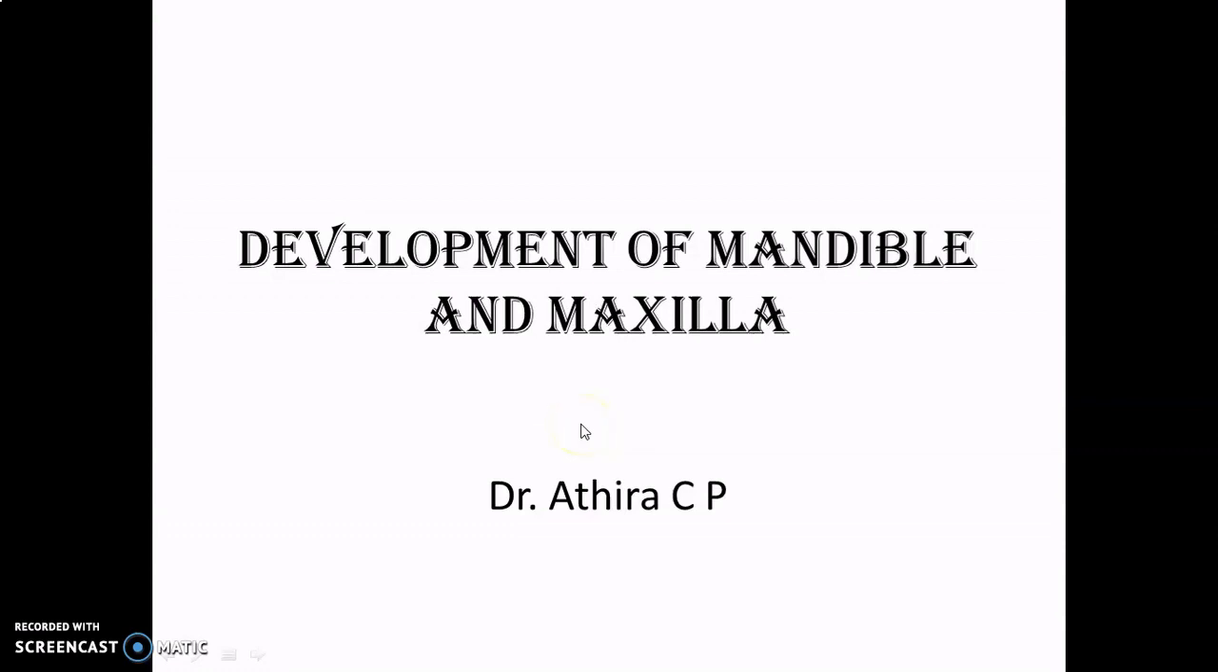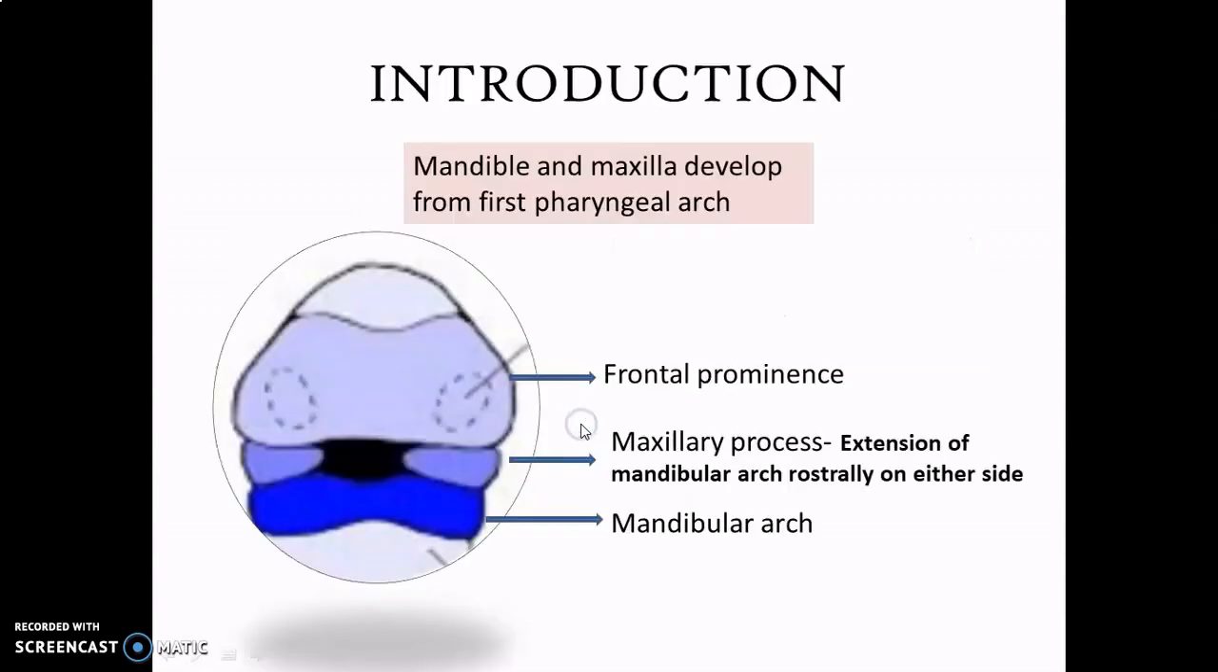This video is to discuss the development of mandible and maxilla. Mandible and maxilla develop from the first pharyngeal arch, that is the mandibular arch. The mandibular arch gives a rostral extension on either side known as the maxillary process. Once the maxillary process is formed, the rest of the mandibular arch can be called the mandibular process. So the bone of the mandible develops within the mesenchyme of the mandibular process and the maxilla develops within the mesenchyme of the maxillary